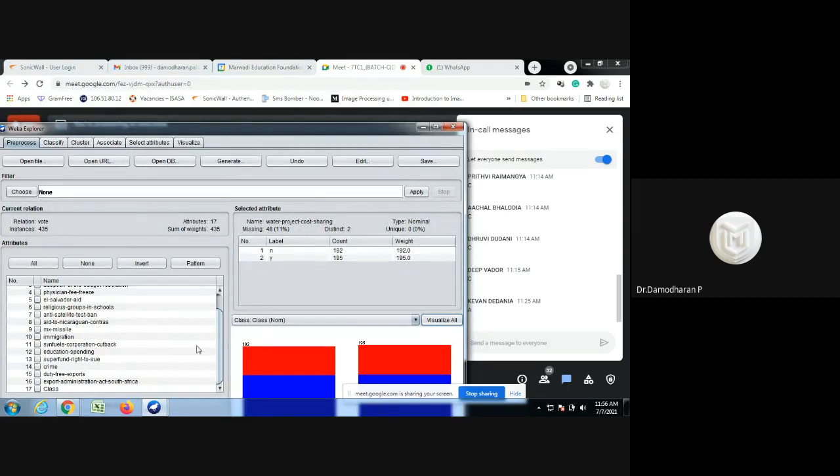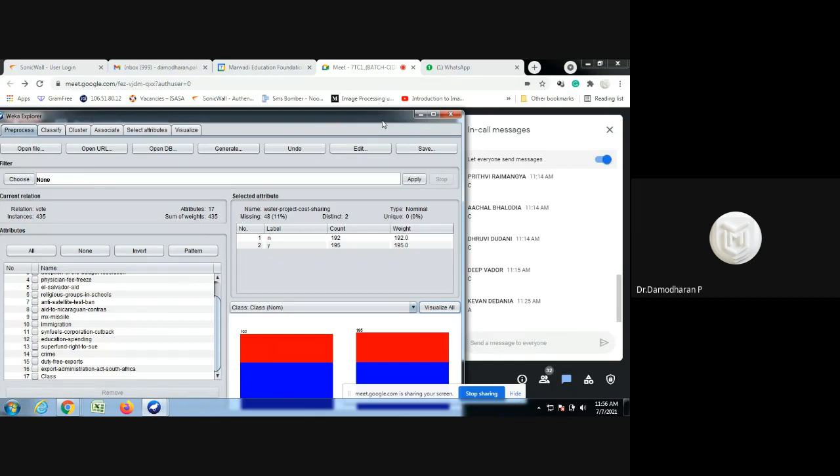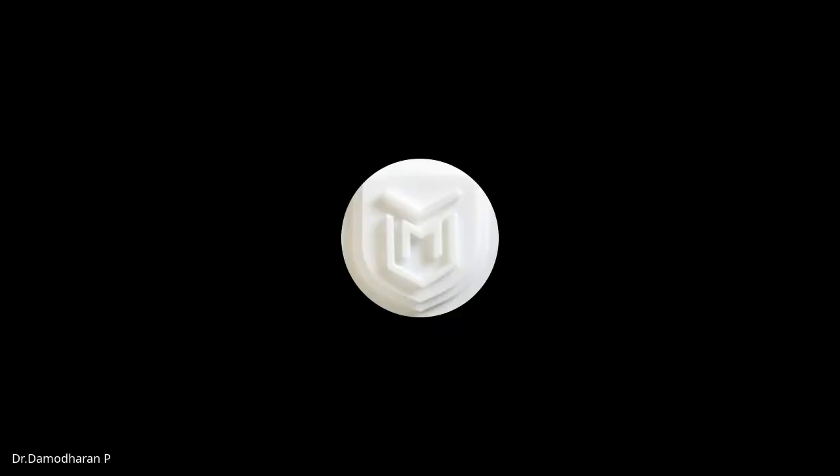Once the question is posted, you work it out and upload it back. I give all the supporting documents. It should be completed by the deadline. It should not be copied. Is it clear? Okay, fine. Now I'm going to stop the lecture today. Today I discussed how to install WEKA, how to create the data set in WEKA, and how to pre-process the data set in WEKA.